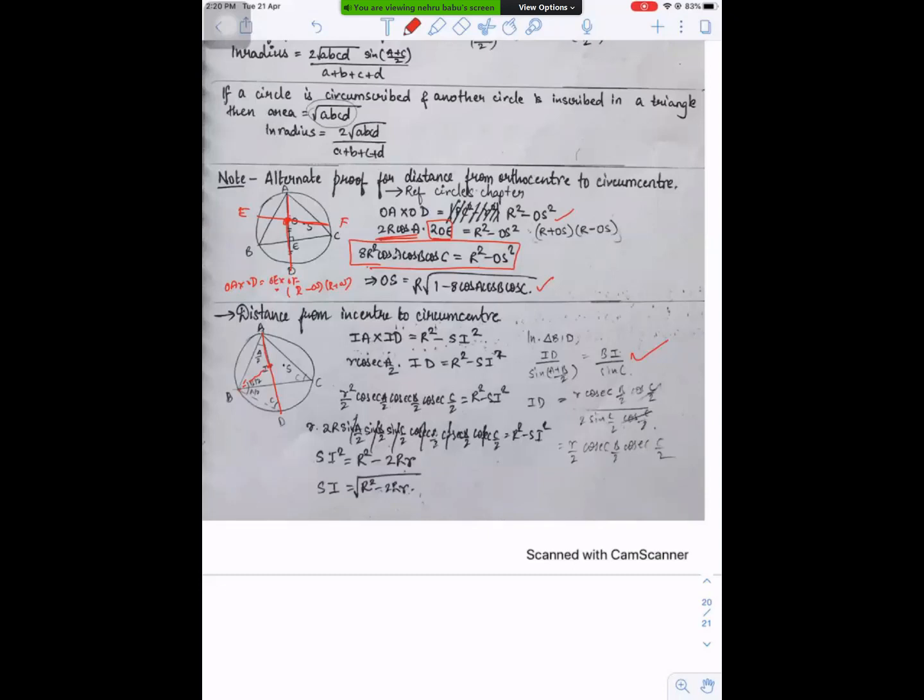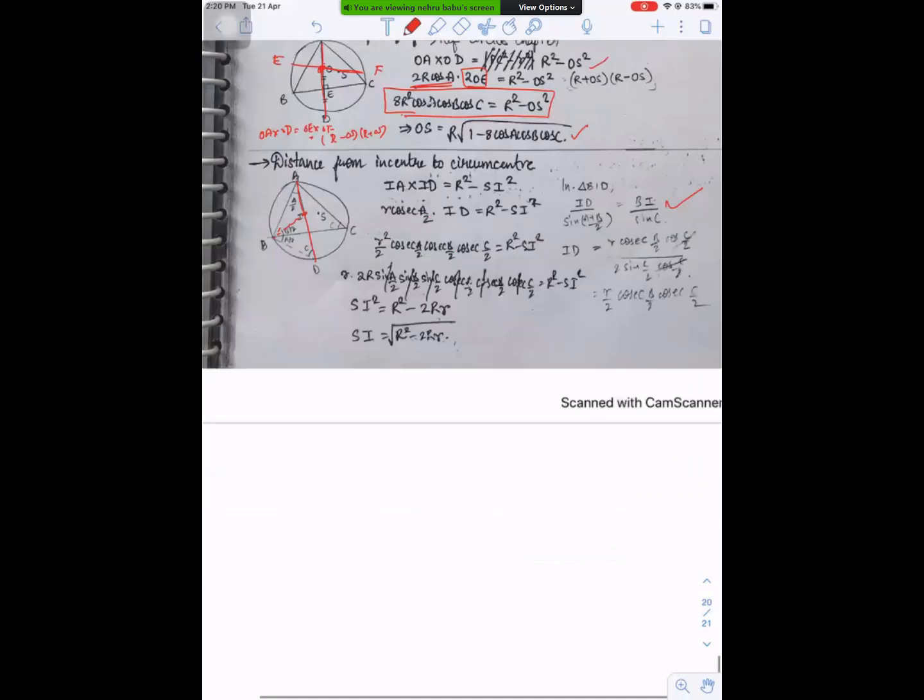Orthocenter to in-center we want, you have to take it a little in reverse. You have to take the in-circle, sorry. Circumcircle is not working in that. You have to take the in-circle. With the help of that you can derive. In this case, just take like this. If this is the orthocenter, if you are joining this, the finding of the length is a little difficult in this part.